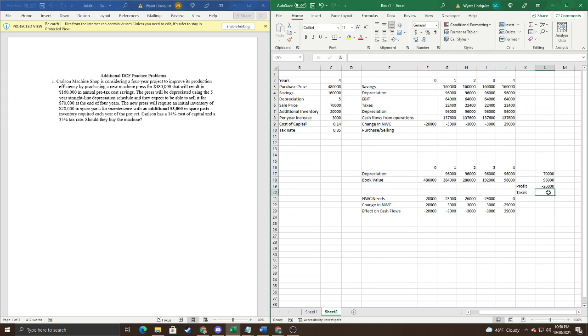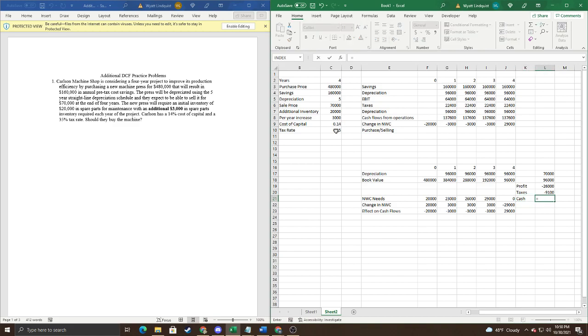So now we have taxes that we have to pay. So our taxes are going to equal 2,600 times our tax rate, or 26,000 times our tax rate. We get 9,100 from that. And then we're going to do our cash that we get. So, or our effect of, it's not our cash we get, but technically the effect on